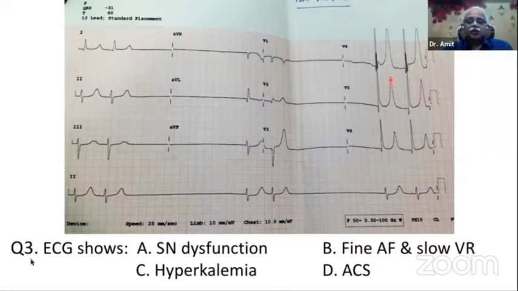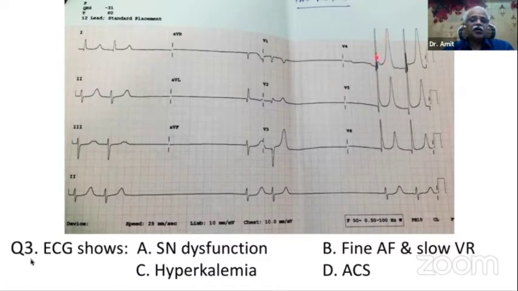Absolutely. So I think this is very important, that it is tall and peaked. And more important also, with acute ischemia, you will find a J point elevation and an ST elevation also. So ST elevation with a tall T wave will make you think in terms of acute ischemia. But if you have a tall T wave like this, please see V5, V6, tall T wave, V3, tall T wave. V4 might be a little confusing, but yet the ST segment is not elevated. If you see, the ST segment is nearly isoelectric or horizontal. So absence of ST elevation with a tall T wave is one thing.